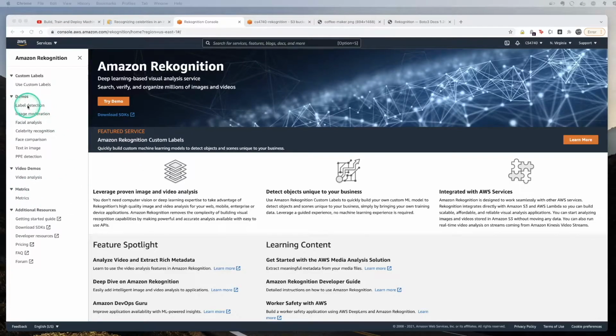So first of all, there's label detection. This means, hey, Rekognition, here's an image. Tell me what you see in here. Label all the labels that you detect. Image moderation could detect nudity, violence, firearms, blood, and so on. So when you see some moderation warnings on a video or image, this would be something that could automatically detect